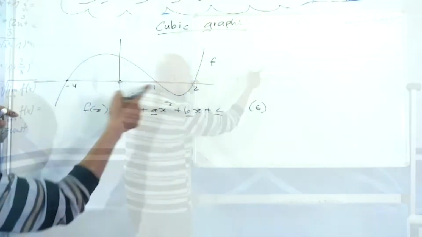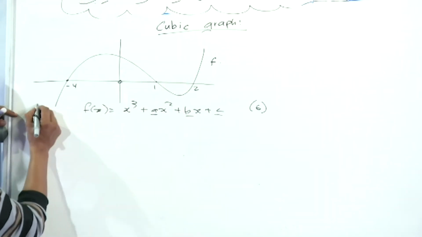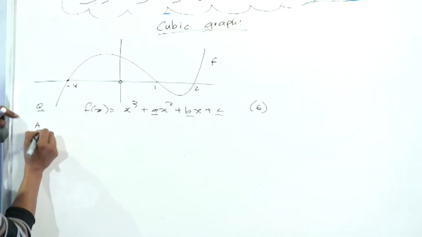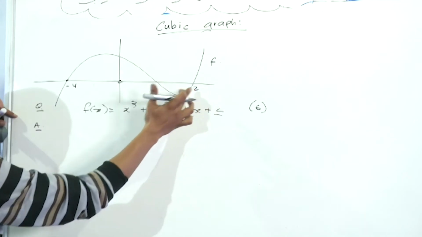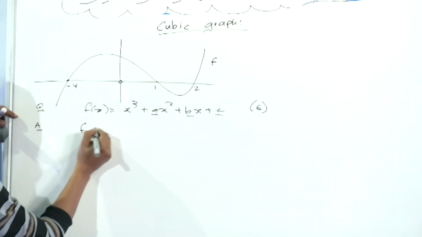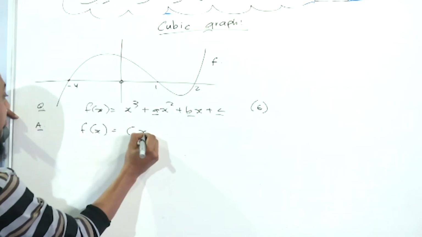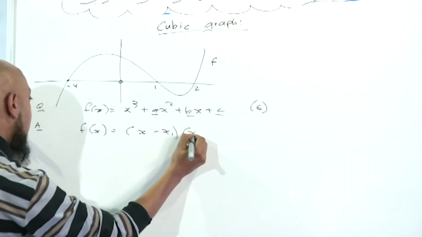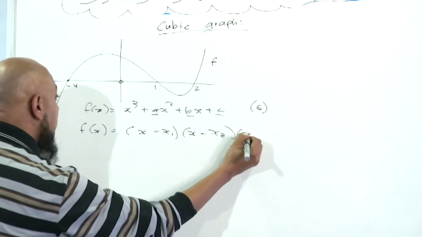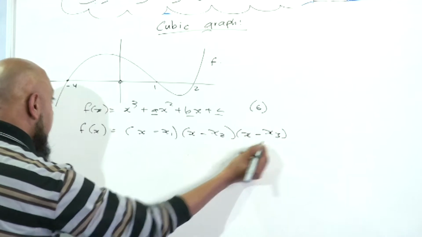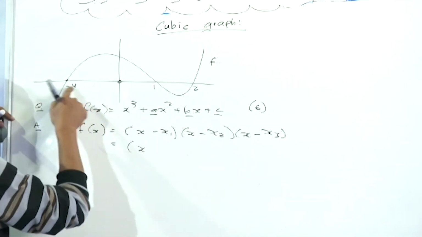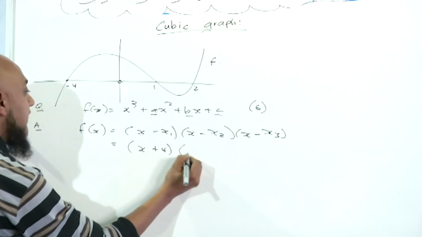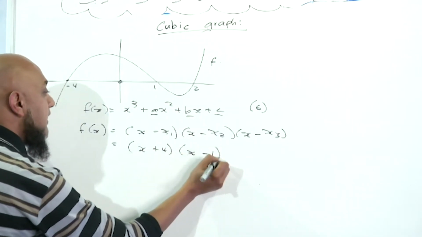We now need to find out what is the equation of this graph. So that's your question and your answer. What's given? Are my turning points given? No. What's given? My x-intercepts. Good. So now we just say f of x is equal to x minus x1, x minus x2, x minus x3. So this is equal to x minus -4, which is x plus 4, into x minus 1 into x